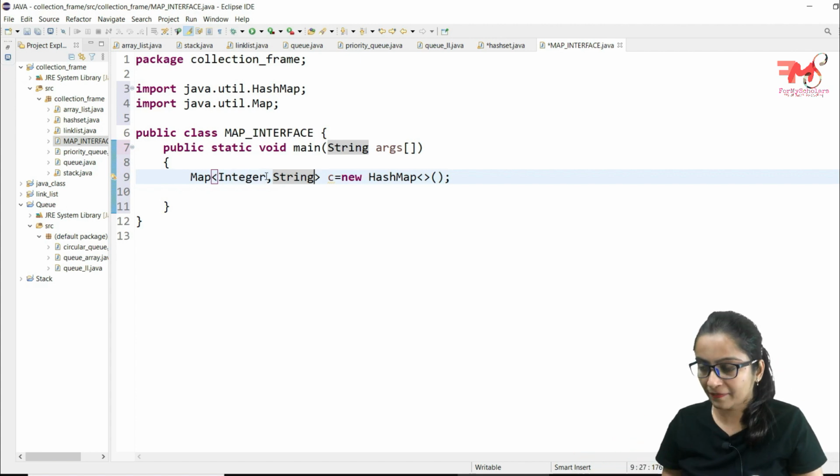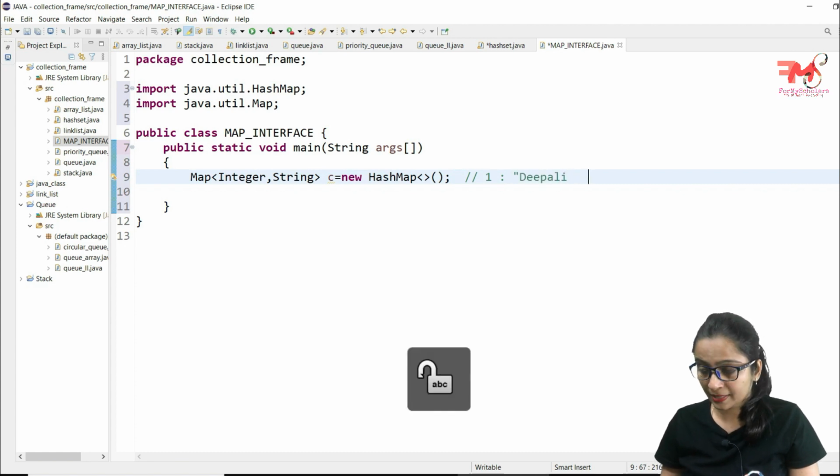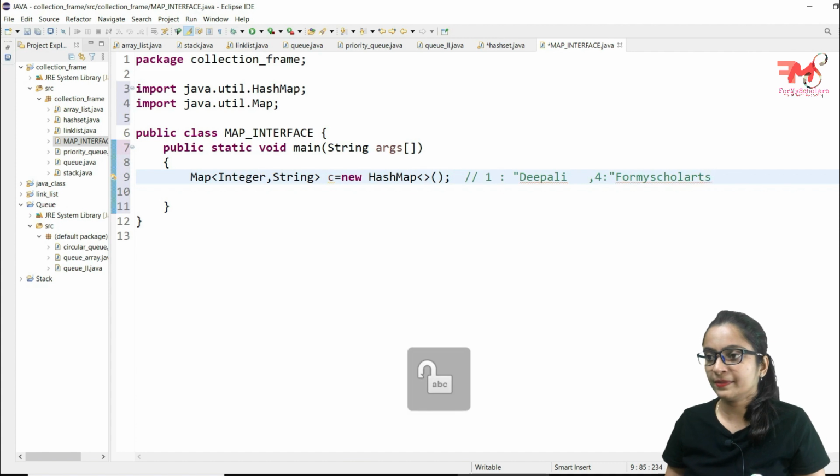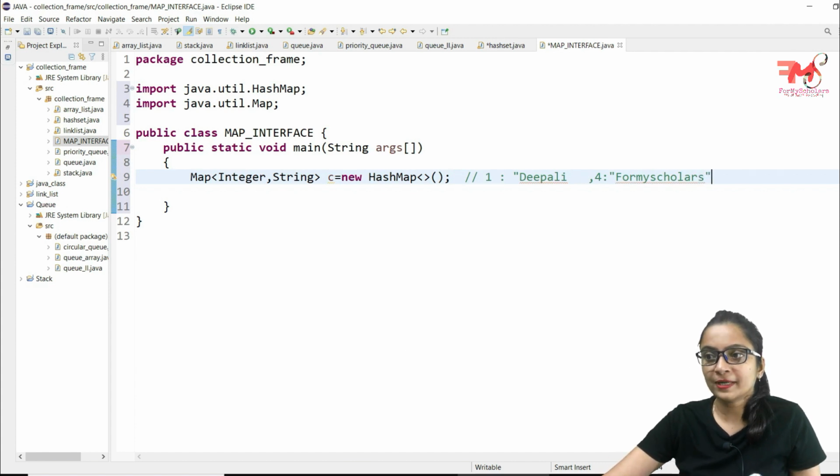So we will be having such kind of data, just like we are having key value as 1 and we are having the value for this key as, let's suppose, Nepali. Okay, and another data, maybe the value of the key is 4 and the associated value is for my scholars. Like this, anything could be here, that totally will depend on your application. This is an example of what a map interface is going to store.